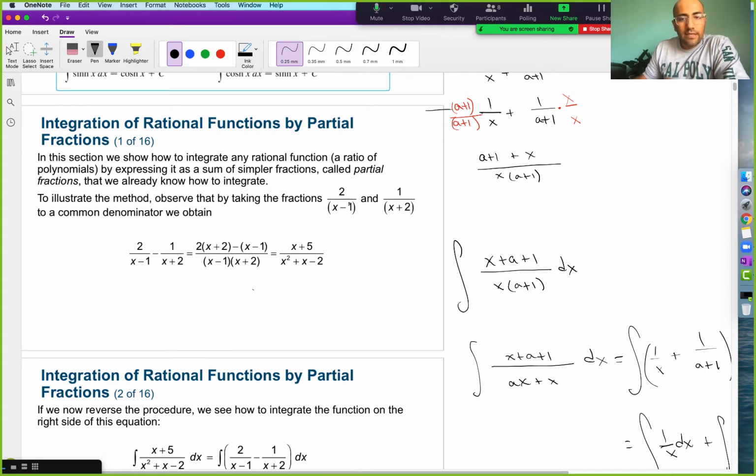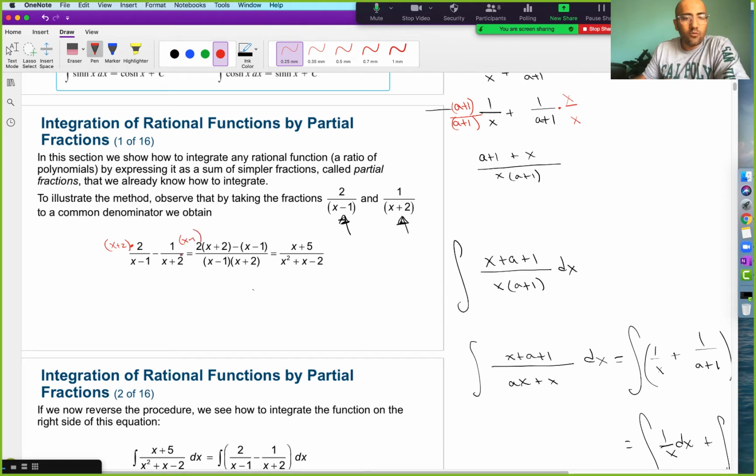Okay, so let's say we have this fraction and this fraction, two separate fractions. We subtract them. We need a common denominator. The common denominator is going to be to multiply numerator and denominator of this fraction by this, so we'll have an x plus 2 times 2. And then we've got to multiply the numerator and denominator of this fraction by this, so we'll end up with an x